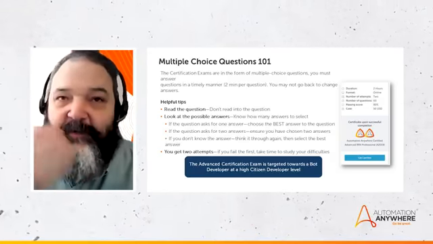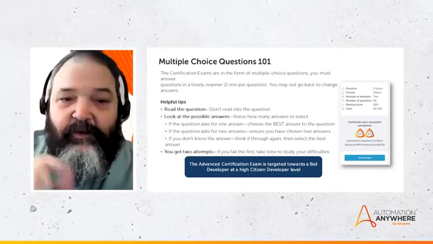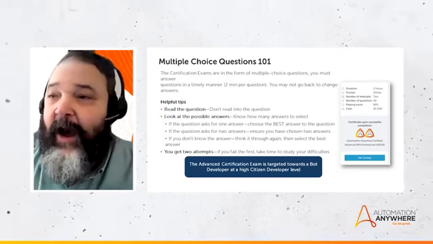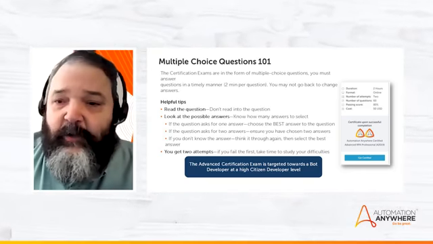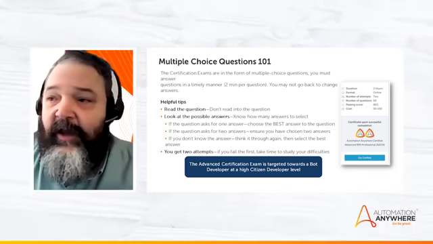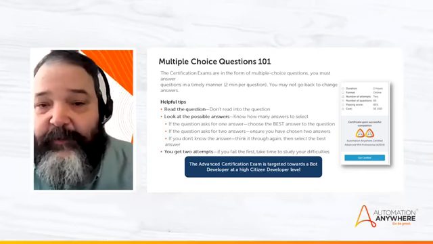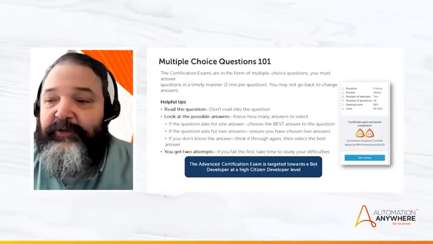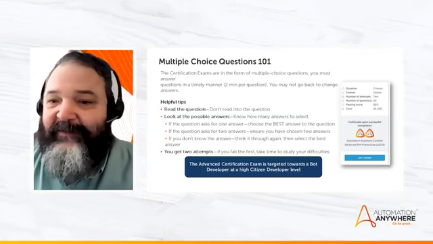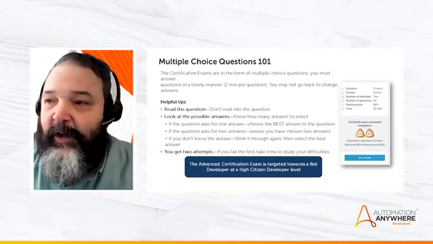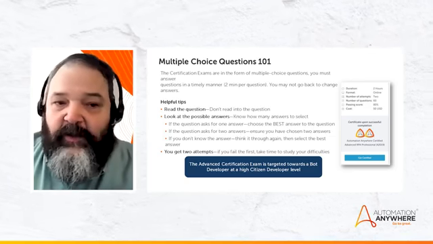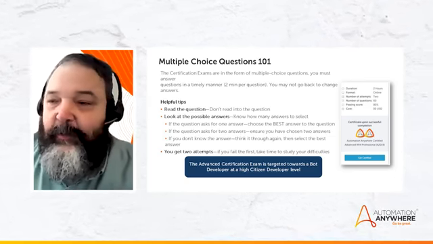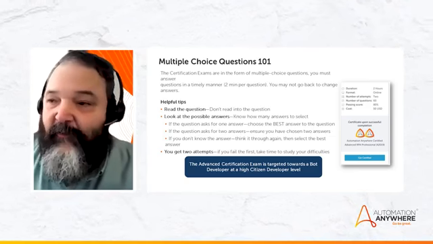When you read the question and you understand what the question is asking, look at the possible answers and know how many answers you need to select. Some questions ask for a single answer and some questions ask for multiple answers. Make sure you choose the correct number. If it's asking for two and you only choose one, you will get that question wrong. There's no partial credit. So look at the possible answers and then choose the best answer or answers for that